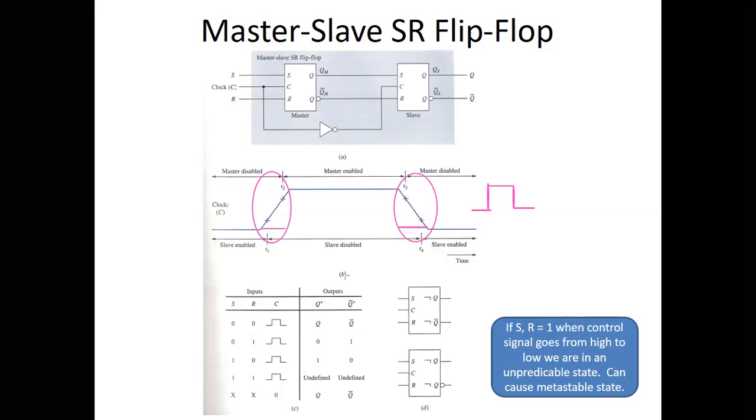Similar to that, we will be having a truth table. Again, as I told, we went to the master-slave JK flip-flop to avoid this condition. When S is equal to 1 and R is equal to 1, I will get QM is equal to 1 and QM bar is equal to 1. Again, the slave is triggered during the negative cycle with QM equal to 1 and QM bar equal to 1, and my output will go into a forbidden state. To avoid this condition only, we have updated to a master-slave JK flip-flop instead of a master-slave SR flip-flop.